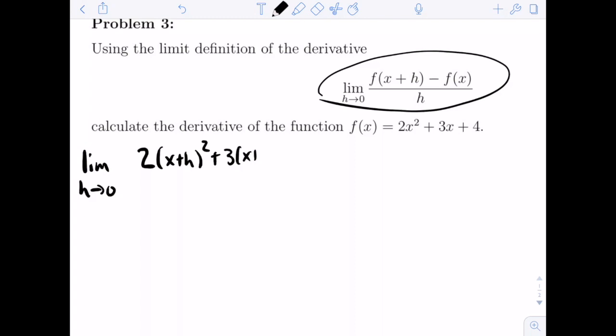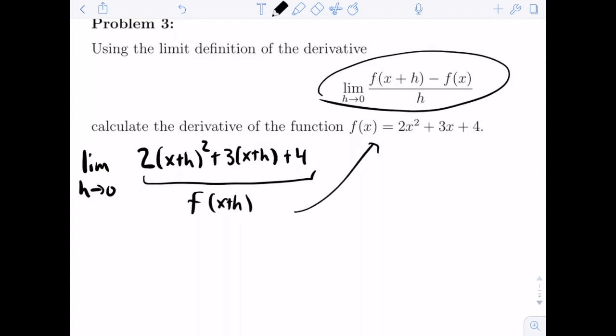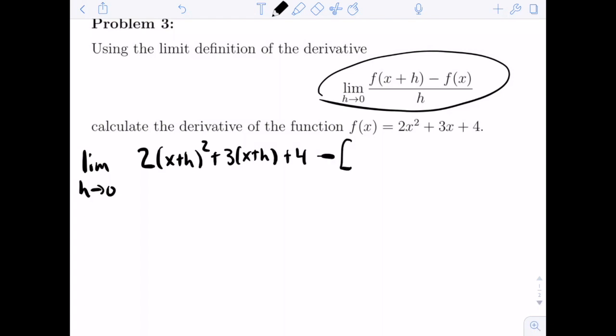Plus 3x plus h plus 4. Right? So this bit here is f of x plus h. It's f of x with x plus h stuck into it. Okay, so we've got that. Then we subtract off just the regular function f of x. So we've got 2x squared plus 3x plus 4,